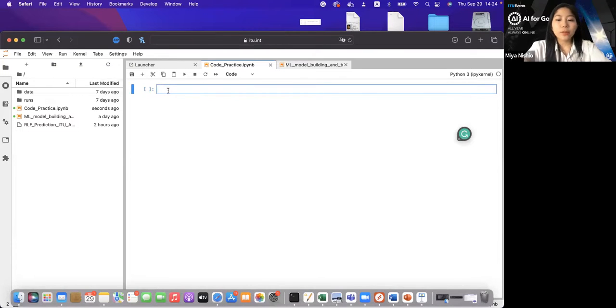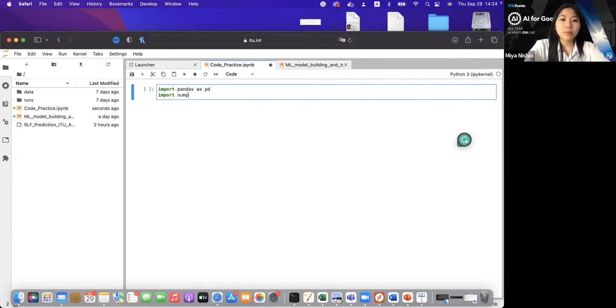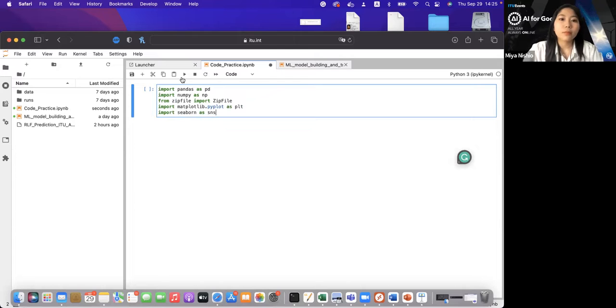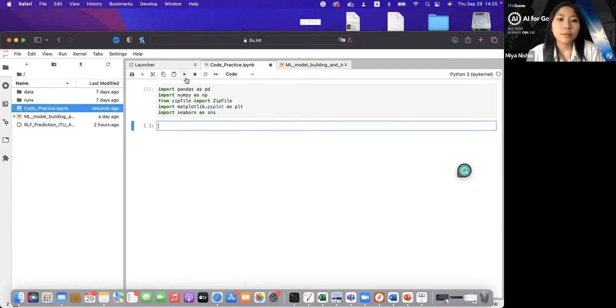So we first will put in our various libraries, namely pandas. And then we're going to basically put our path to the zip file that we're going to access.